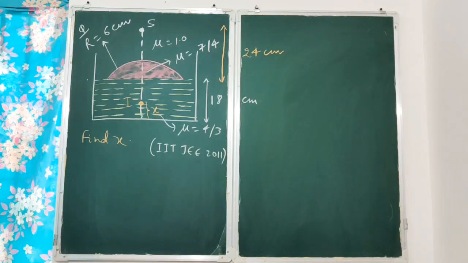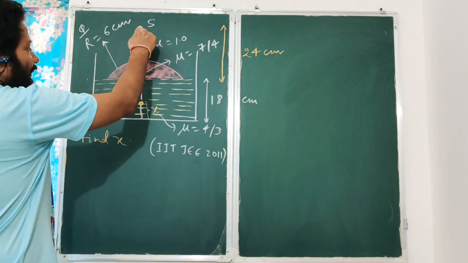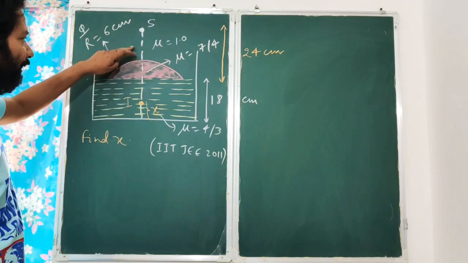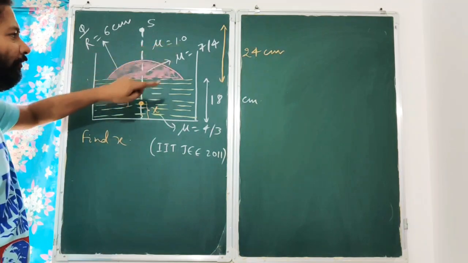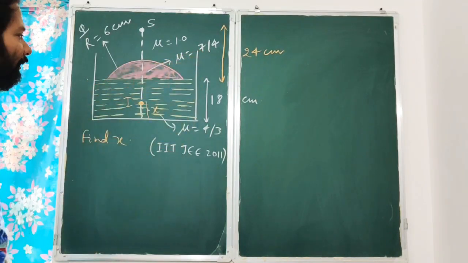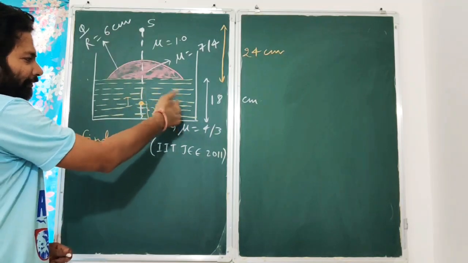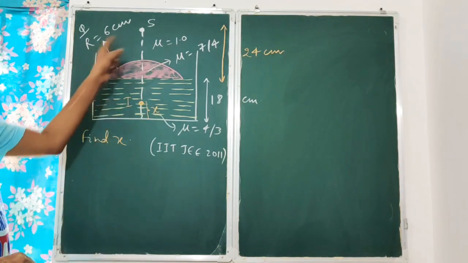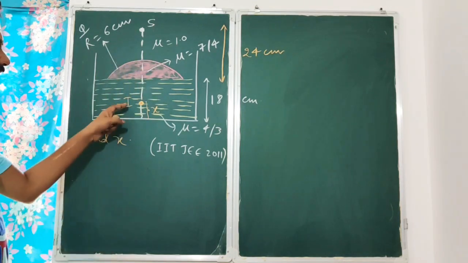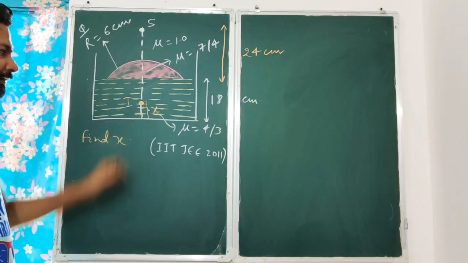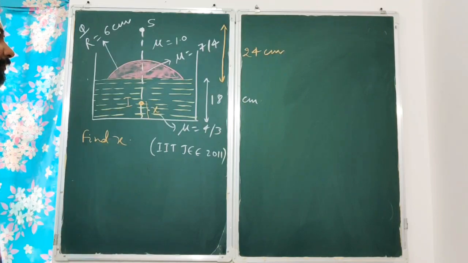Okay, so let's take up this problem. This was asked in IIT JEE 2011. So you can see there is some point object which is kept here, and there are 3 different mediums. It is air having refractive index of 1. This is some oil having refractive index of 7 by 4. And then you are having a liquid. It is having some different refractive index of 4 by 3. So all the distances have been given in the question. They are telling that the final image is getting formed at certain distance x above the bottom of this tank. So we have to get the value of x.